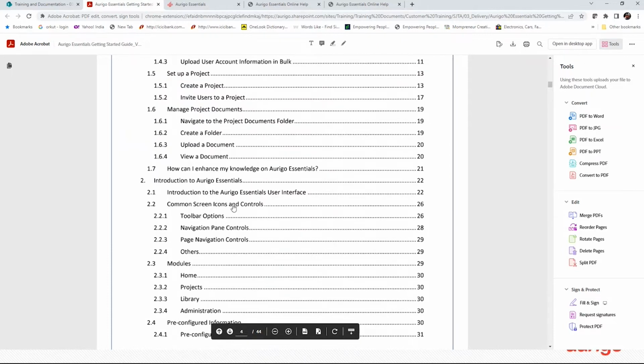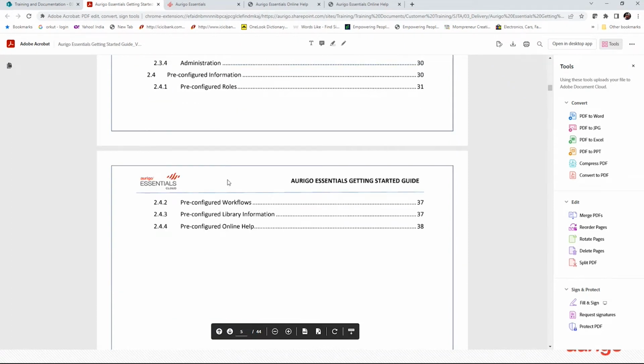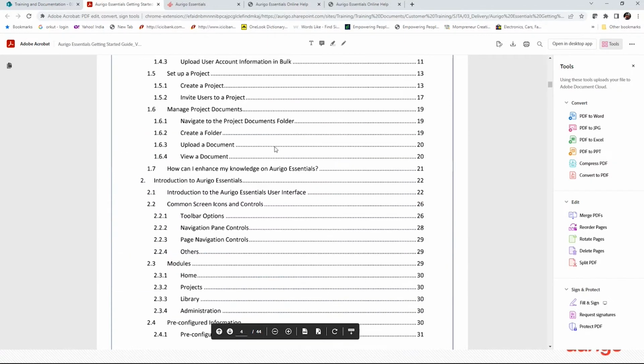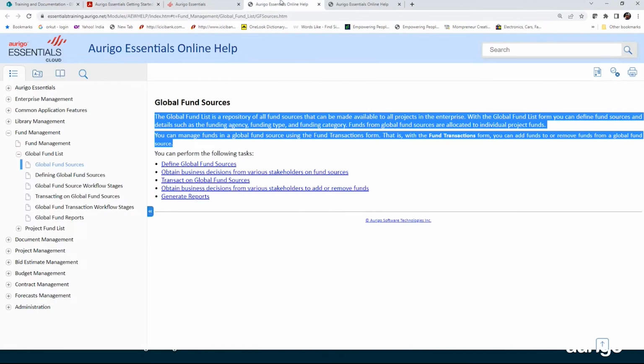And then the common screen elements, modules, all of this information, pre-configured details, which I told you about initially. All of these details will be provided in the getting started guide. Please feel free to utilize the getting started training guide. Feel free to use the online help, which is a very, very important tool for you to dive in, start